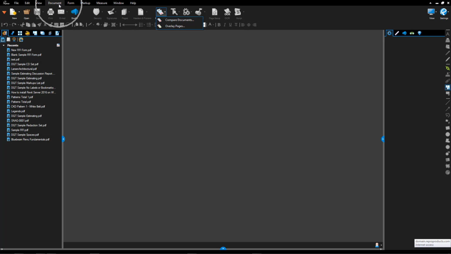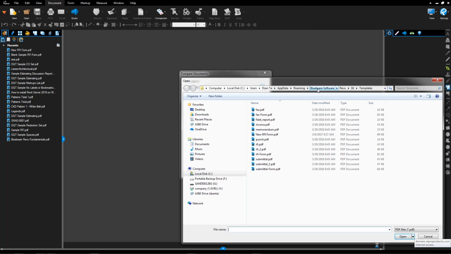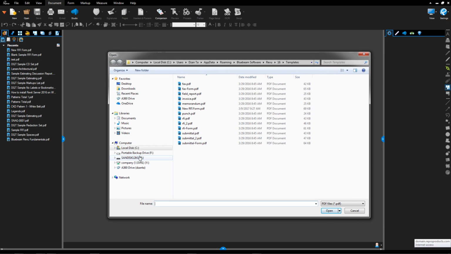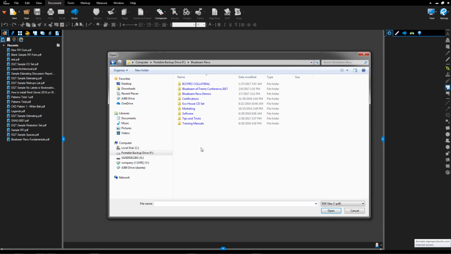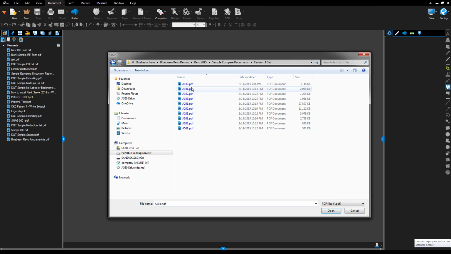So again, Document, Compare, click Compare Documents. You have a Compare Documents window that opens up. It will ask for Document A and Document B. I will click these three little dots and head over to the file that I need. And I have an original set of files, and I'll just pick the one file that I know has some changes. I'll then pick the revised sheet of that,